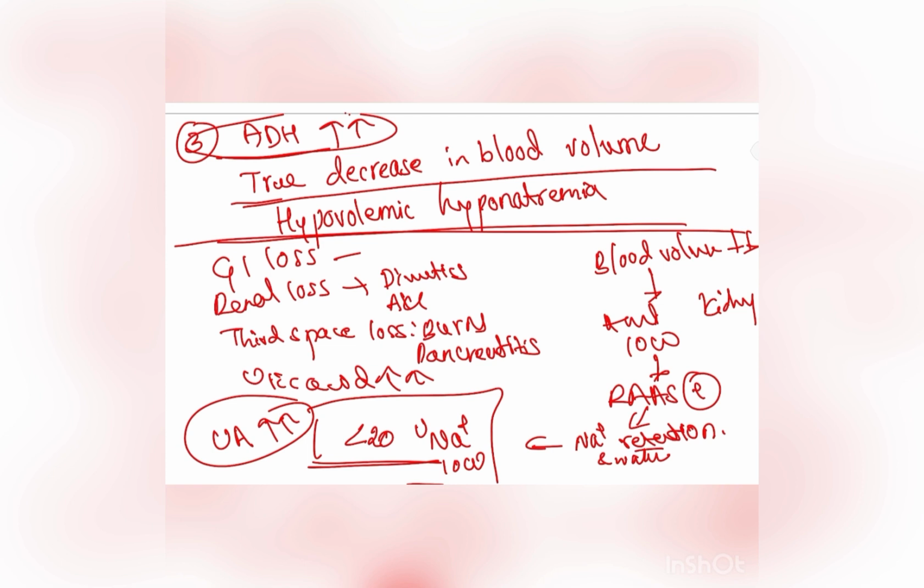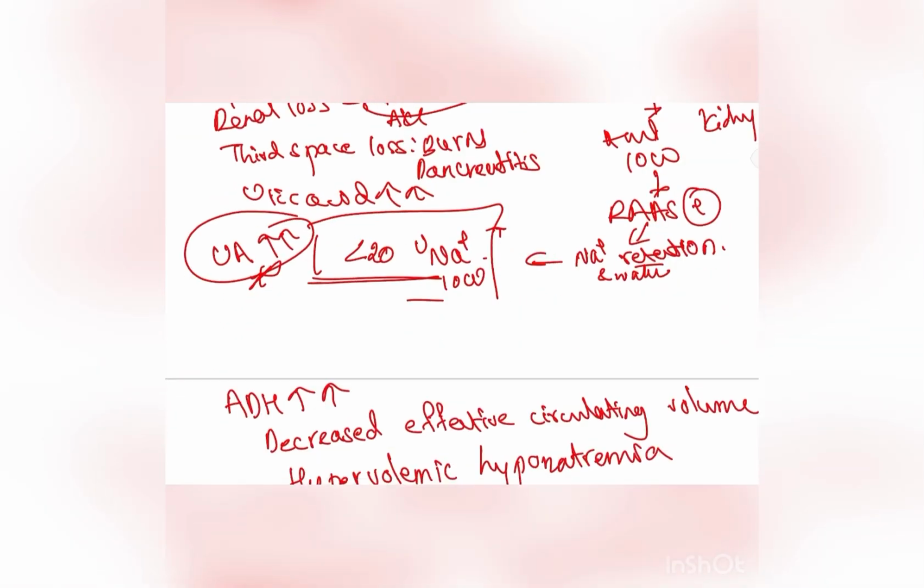These are the signs of dehydration, which are also the signs of hypovolemic hyponatremia. And the test to diagnose is urinary sodium. Do urinary sodium. Urinary sodium is low. Most of the time, it is hypovolemic hyponatremia, except if the patient is on diuretics, where there is urinary loss. The other test is when uric acid is elevated along with low urinary sodium, which means hypovolemic hyponatremia.